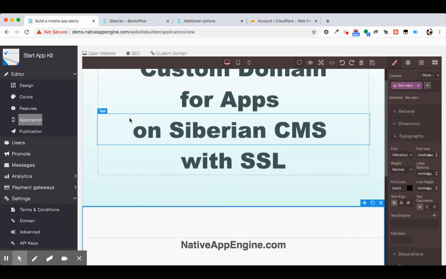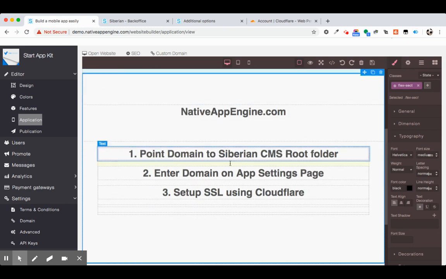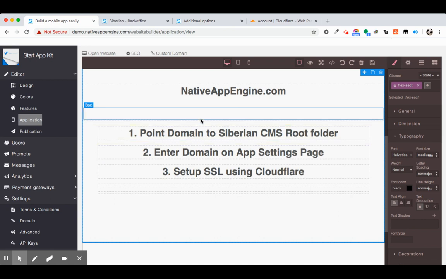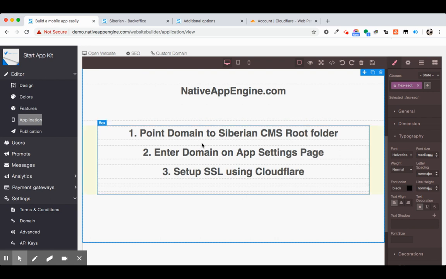To do that, there are three easy steps. We are going to see how we can add your own custom domain, and the procedure is the same for the website builder module actually. Suppose you have the website builder module and you want to add your own custom domain for each website, so we are going to explain the same process. The process is almost the same actually. We are going to see both ways of doing that.